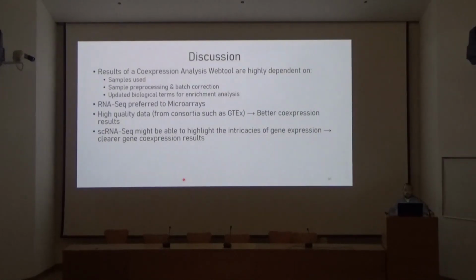That means that maybe the HGCA2 normalization method that we use could be superior to that of GeneFriends. And finally, the updated biological terms need to be used